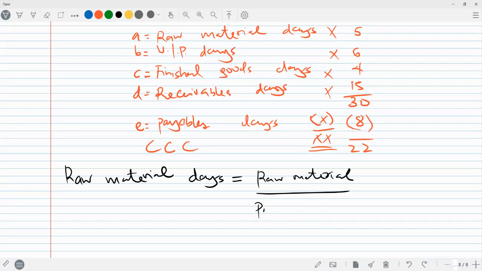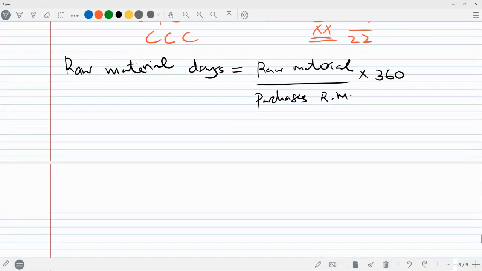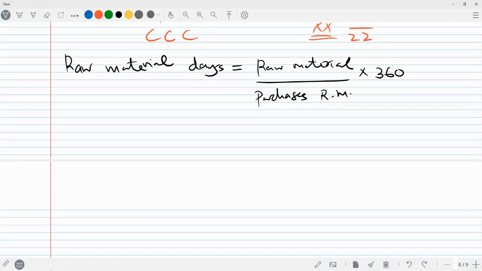Therefore, total purchases of raw material times 360, 365, whatever you want to use, or given by the examiner. That formula gives the days for raw material. Okay, raw material divided by the total raw material purchases for that year. That's for material. Then we have work in progress